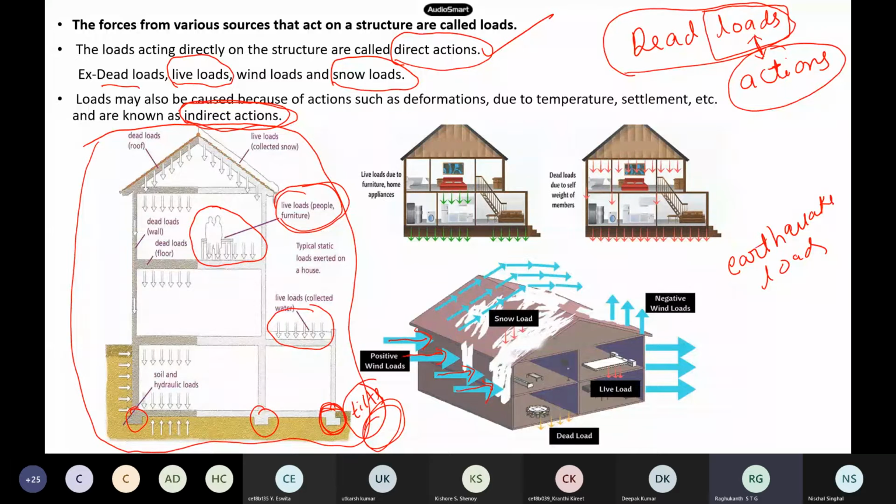They are not like a load acting directly on the structure, but are due to some other mechanisms. So totally, loads can be classified into direct loads and indirect loads. Directly they are acting on the structure; indirect means this itself. Now dead load, live load, wind load or snow load depend on our IS standards. We will see what we mean by live load and what we mean by dead load also.